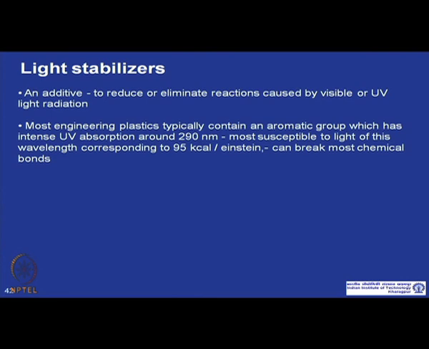Now, most engineering plastics or high performance plastics or polymers contain aromatic groups which intensely absorb UV light around 290 nanometer, and this is the most susceptible light in this wavelength, which corresponds to 95 kilocalories per Einstein energy, and that can break most of the chemical bonds. So, basically absorption of UV light is a deterrent for the polymer molecules,